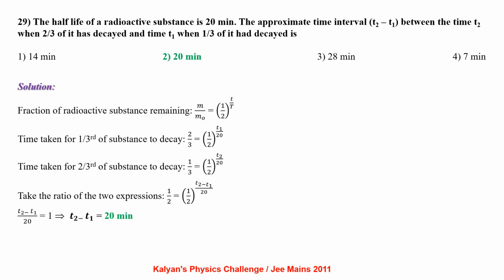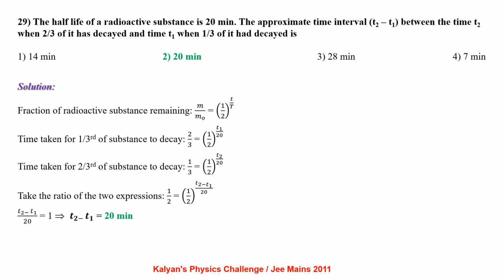The half-life of a radioactive substance is 20 minutes. The approximate time interval T2 minus T1 between the time T2 when 2/3 of it has decayed and time T1 when 1/3 of it has decayed is. Fraction of radioactive substance remaining is given by m by m naught equal to 1 by 2 whole power small t by capital T, where small t is the time of decay and capital T is the half-life of